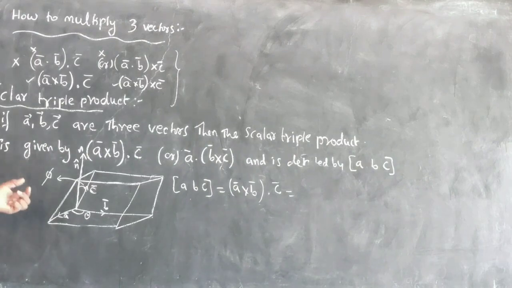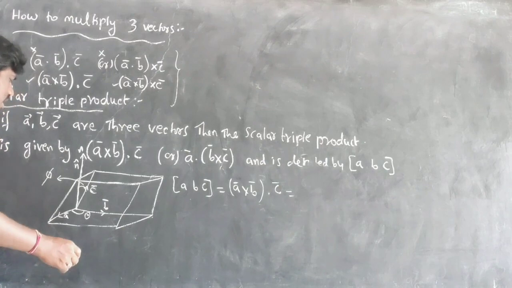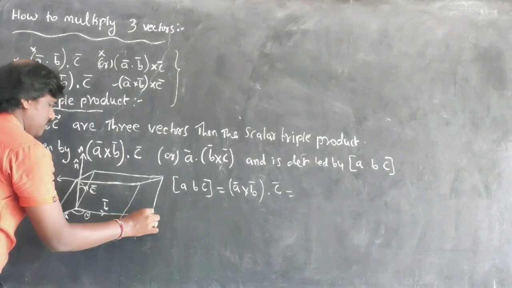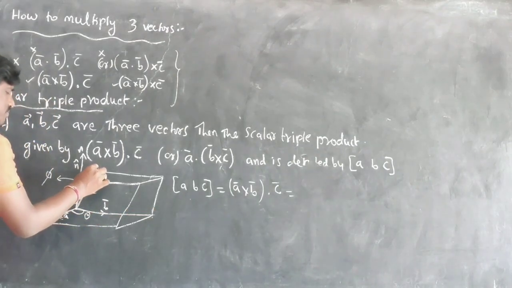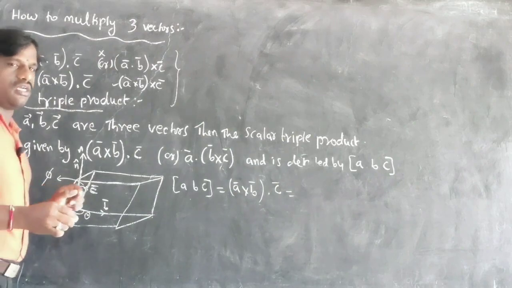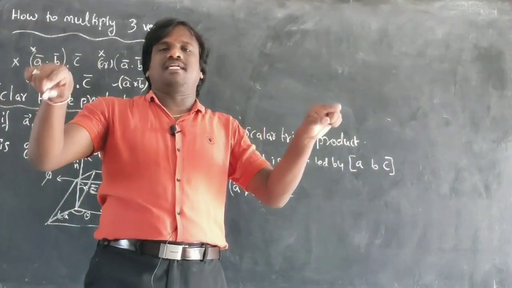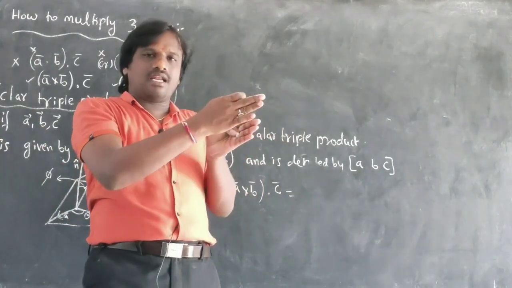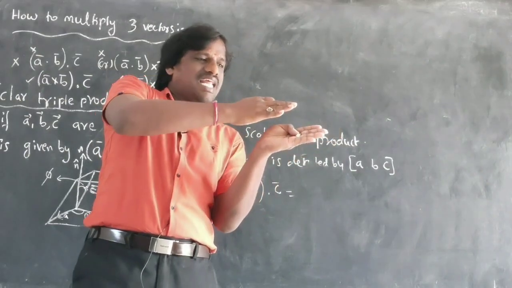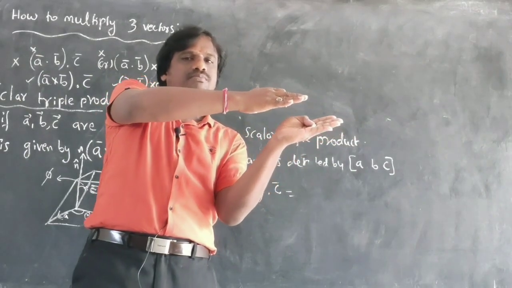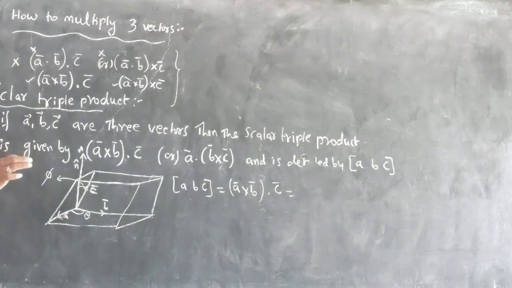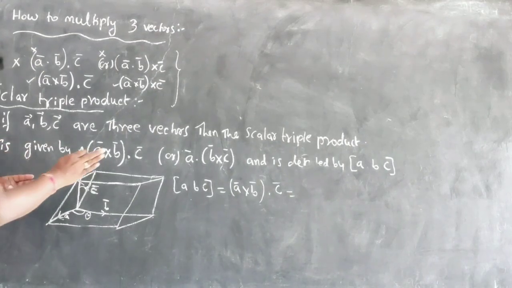Now if I take this case, let us take this is the A vector and this is the B vector and this is the C vector. So there will be, actually it's called a parallelepiped. We call it a parallelepiped. I will show you tomorrow a model of the parallelepiped. It's like a slightly slanted box. This is called a parallelepiped. It's like a cuboid, but it is a parallelepiped. Parallel, the faces will be parallel.